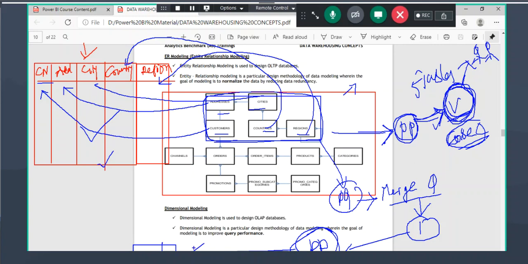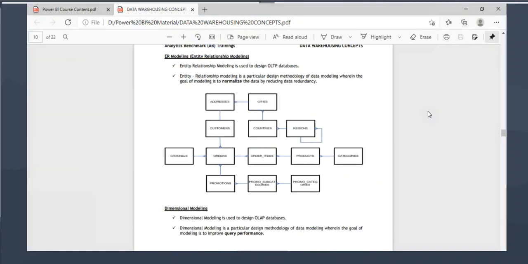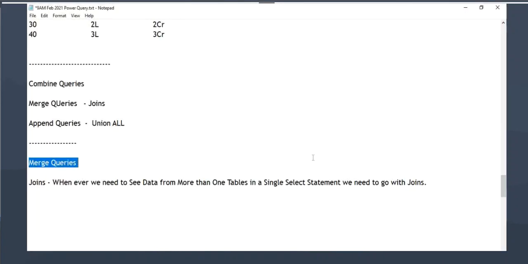So which one is better? When you create a visual on one table, it will not even take 5 seconds to show the data in the visual. When you create a visual on 5 tables, every time my client opens this visual, at run time it needs to join these 5 tables' data and then show it. It is never recommended to create visuals on a large number of tables. So keep in mind, when you are working in projects, it is never recommended